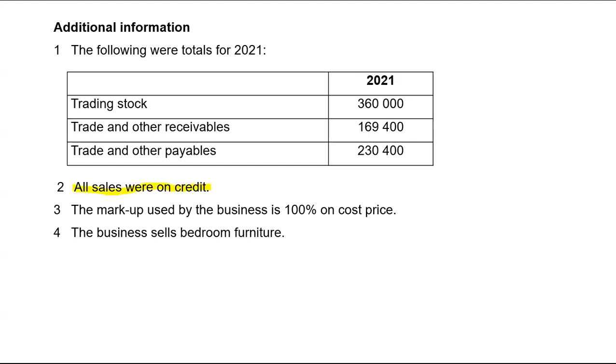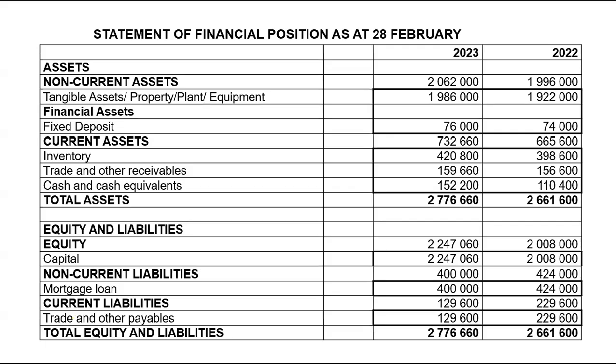And let's see our trade debtors. We are given trade and other receivables of 159,660, and for 2022 it was 156,600. You will simply take that 159,660 and divide that by,